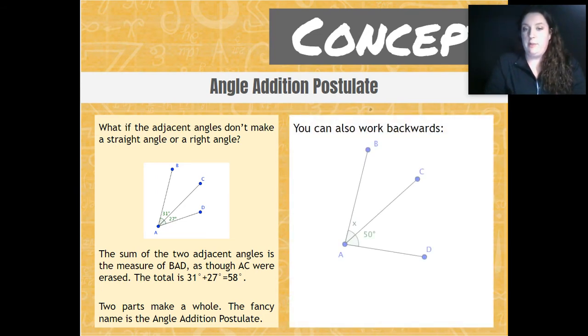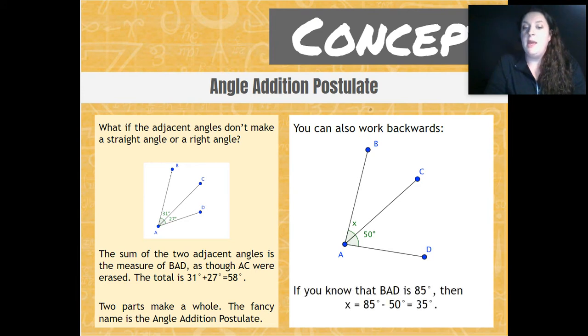So you can also work backwards. You have an angle, BAC, or BAD, which is split by ray C. And you know that one side of that ray, angle DAC, is equal to 50 degrees, and X is your BAC angle. If you know that BAD is 85 degrees, then X has to equal 85 minus 50 equals